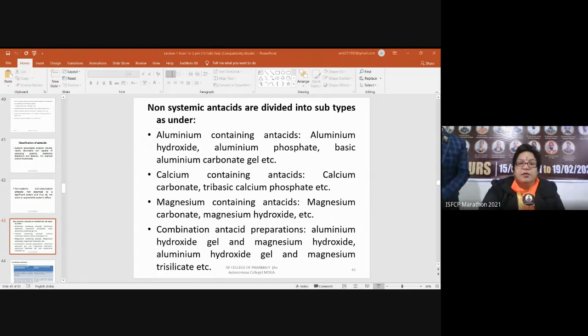The non-absorbable antacids are less prone to cause rebound effect. What is rebound? As I told you, H2CO3 continuously forms a neutral salt, then H2CO3 gives H plus and HCO3 minus, and this is reversible. This is known as acid rebound. So in non-absorbable cases, what will happen? No rebound effect. But in case of absorbable antacids, the chemical antacids show the most rapid onset of action and provide faster relief of symptoms, but they can cause acid rebound.